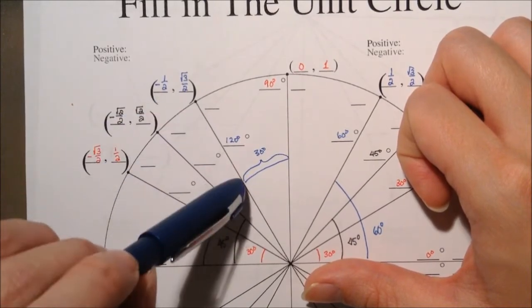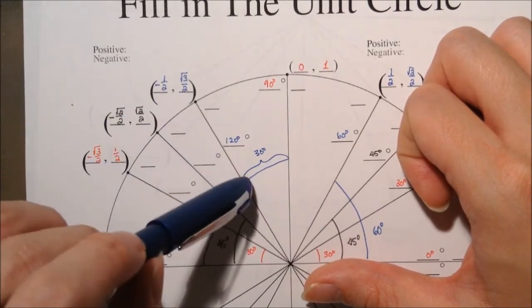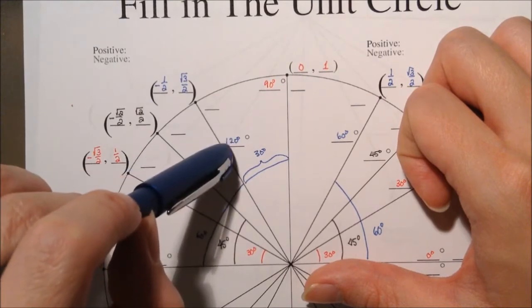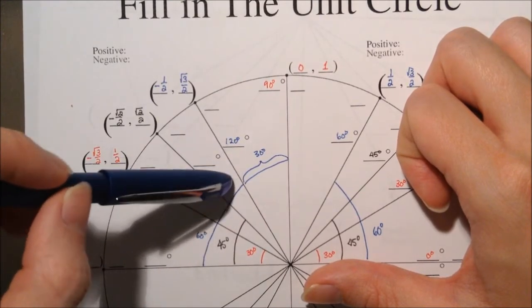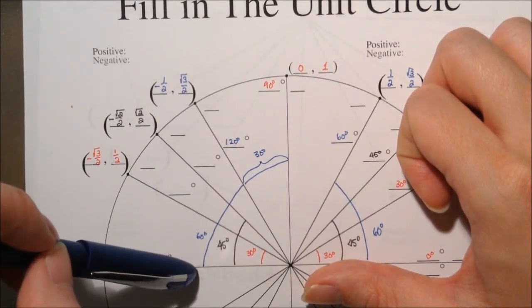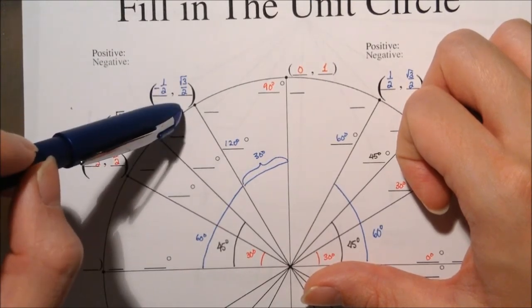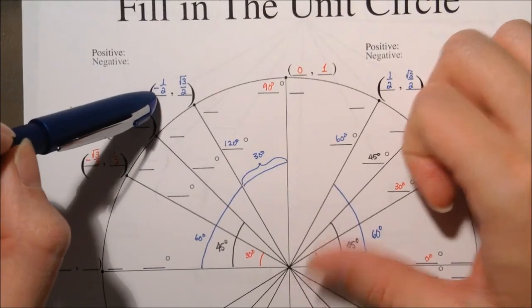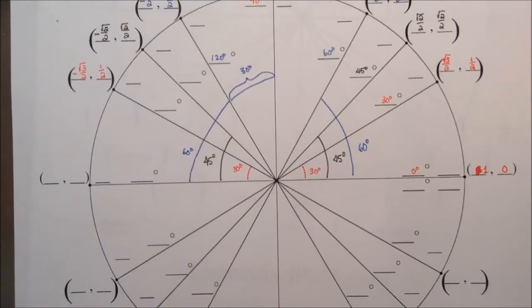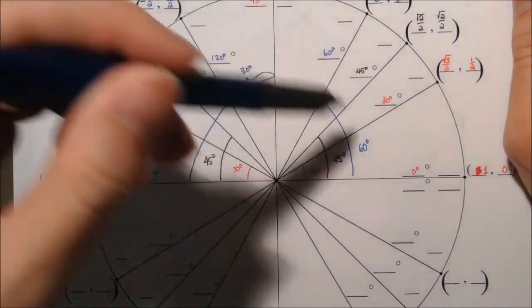Now, what you did before, you would use the reference angle 60 degrees, and then you would give me these values, and then if it was cosine, you would tell me that it's negative, because from what we did before, I mentioned how all